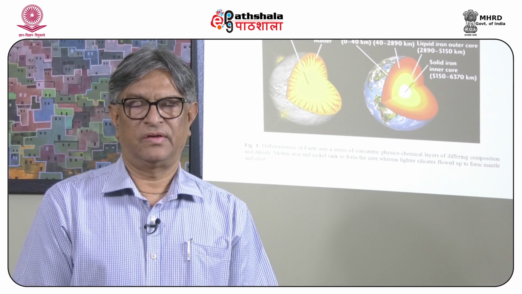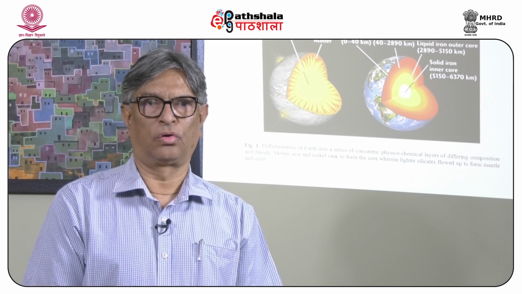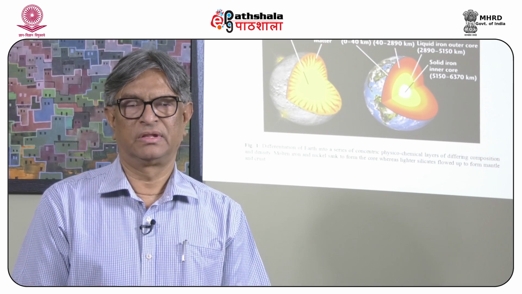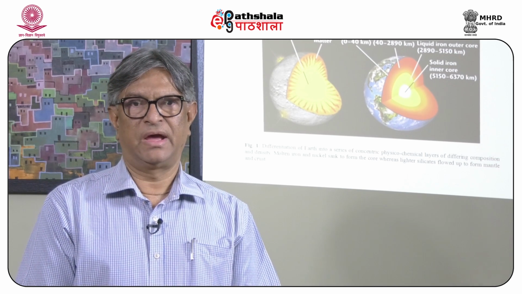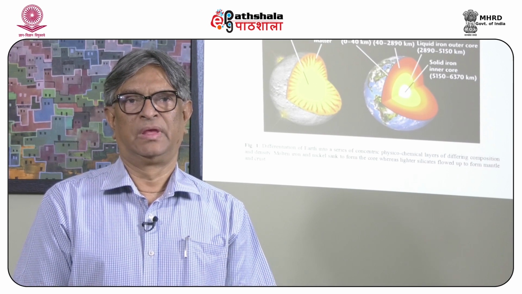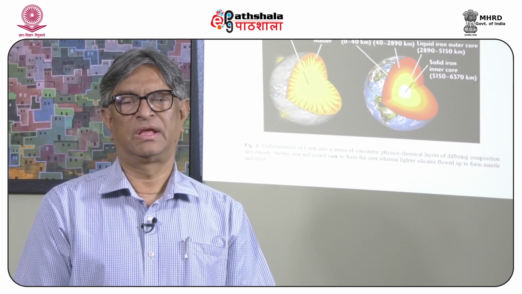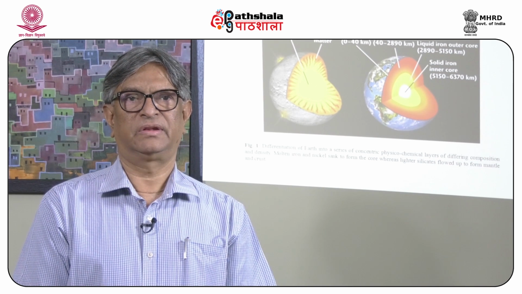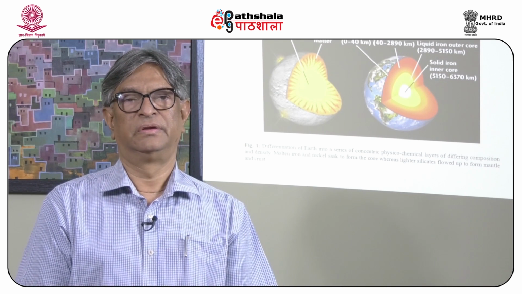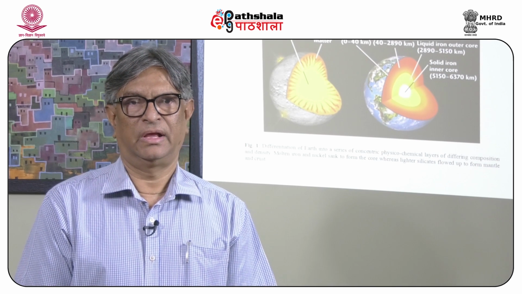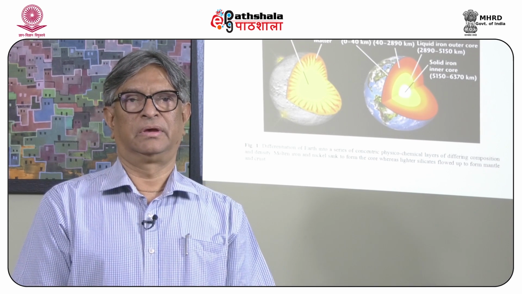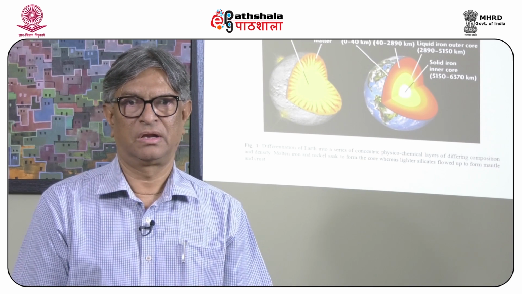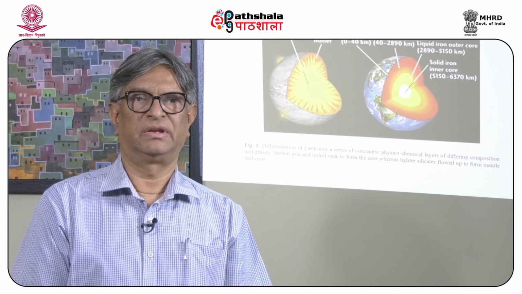So, we have the generation of core to start with at about 4.5 billion years, when there was a big bang, and then we had accumulation of nickel and iron in the core, and we had lots of heat that was accumulated, and then slowly there was differentiation of the Earth into lower mantle, upper mantle and finally the